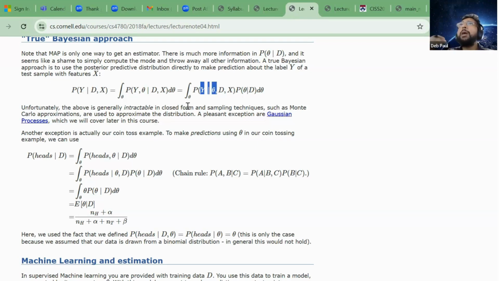So that's the problem with this kind of approach. But this will give you a much better sense, because you're integrating over all the theta, and you're taking an average over all the theta. So your estimation will be much more accurate than MLE, if you can actually do it, provided you have the data and the computation power. Does it make sense? What is the difference?